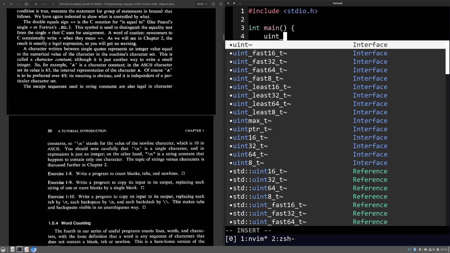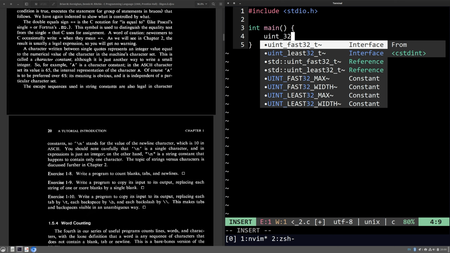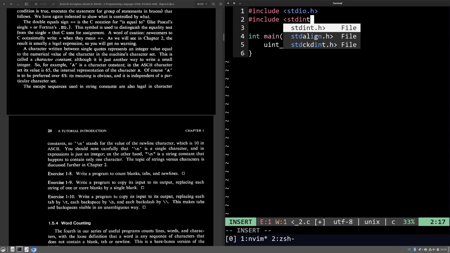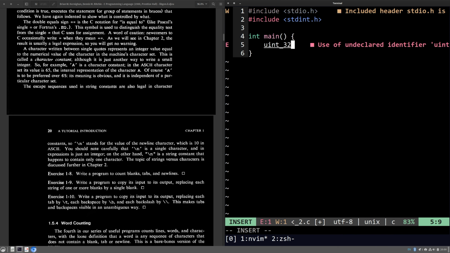uint32_t, include stdint.h, uint32_t blanks, tabs, blanks equals 0, tabs equals 0, new lines equals 0,